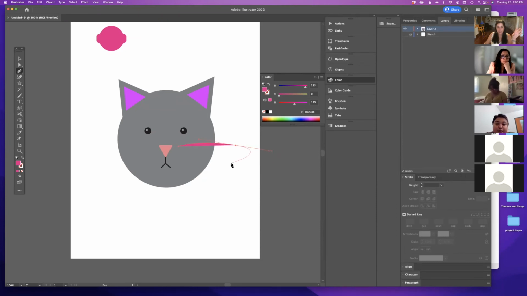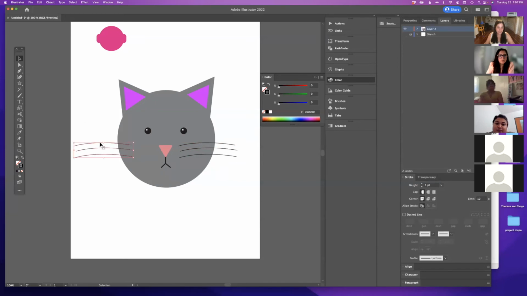Right now my color is a fill instead of an outline, so that's why it looks like that, because it wants to fill it. I just click over here and that makes it an outline instead. And then I can make it black. And the thing to remember too is you don't have to draw things twice if they're made of the same shape. So if I wanted to take these whiskers and make 3 more and then duplicate them, I could do that as well.